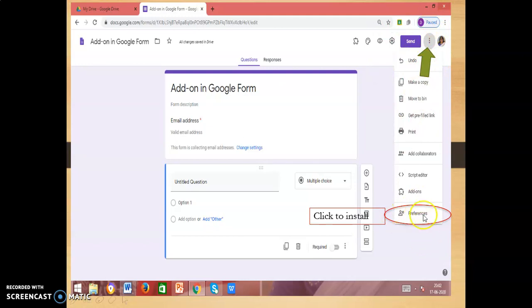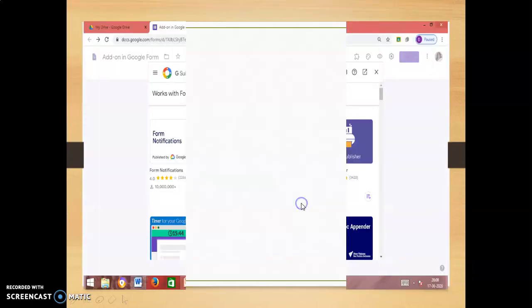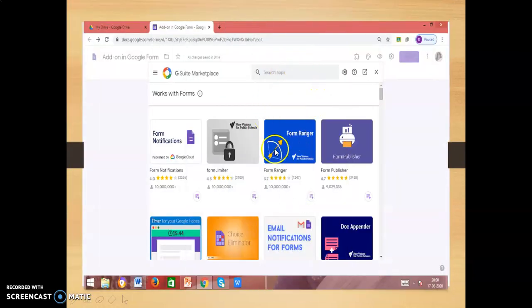You have to click Preferences to install the Certify-M add-on. Those who did not download this, go to G Suite Marketplace. There are various kinds of add-ons, and you can download whichever add-on is necessary. Here we are going to discuss Certify-M, so you have to download Certify-M from G Suite Marketplace.